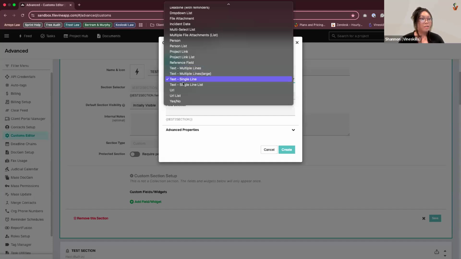And you can see here, this would just show a single line text box. This would be a single line list, meaning you can add in additional lines within the text and just fill those out. Multiple lines and multiple lines large both would just be a larger text box provided on the front end of the project. These are really great if you have open-ended data that you want to add in there, whether that's a currency amount, a number, an email, whatever it is,